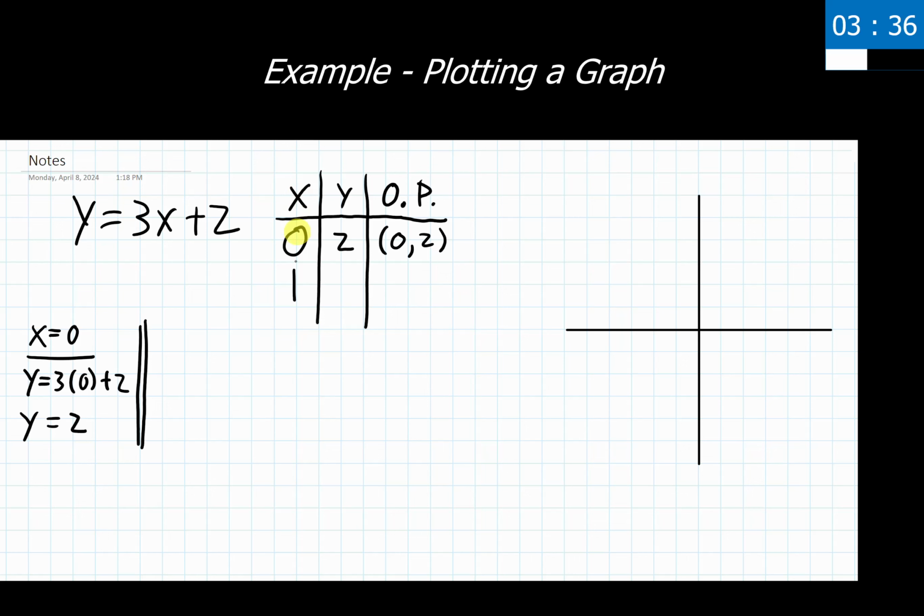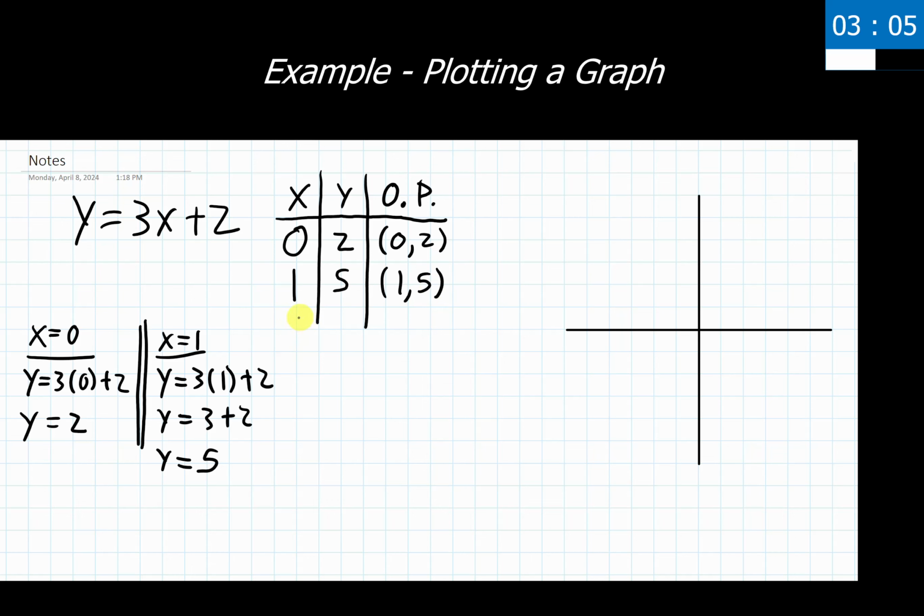So okay, I chose an x value of 1. Let's go ahead and write this out for ourselves. Plug this in, and let's solve this out. I have 3 times 1. It's going to give me 3 plus 2, which is going to give me 5. So great. I have an input value of 1, an output value of 5, which means I have the ordered pair 1, 5. Now let's say you were asked to find 3 points that are on this thing.